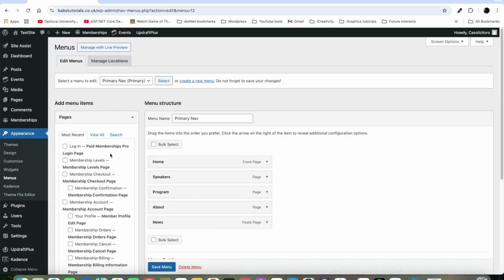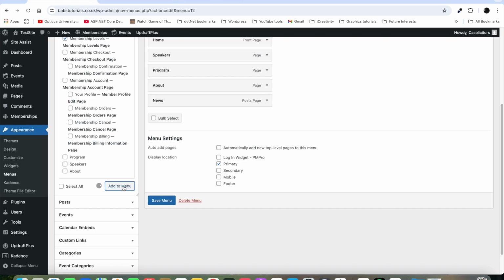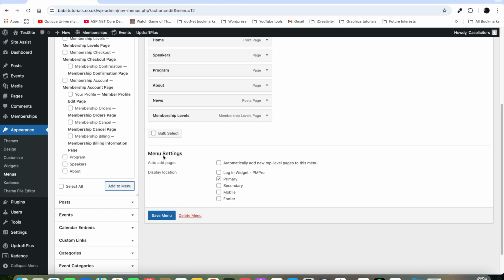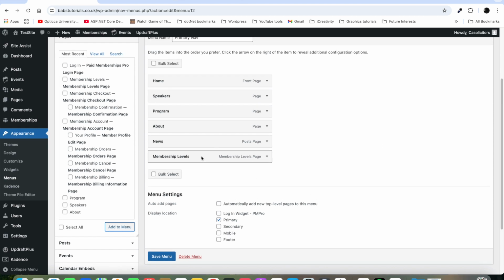What we want to do is paid membership pro membership levels. So if we select this here and scroll down, we add it to our menu, we can see that it's now here. It's now gone onto the menu. We can move it to wherever we want. We can say, okay, we want it to be after the program. And if we now save,